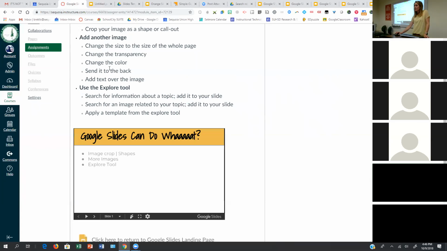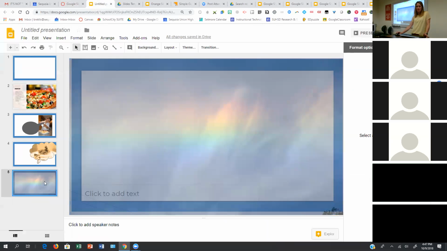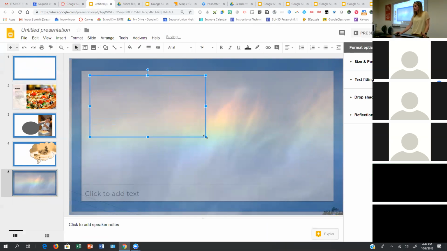We looked a little bit at rearranging. We can add some text over that rainbow, although we did some text overlay with the master. But here I'm just going to grab a text box, drag it, put it in, and say other. Right? So right now it's not really going to show up that much.